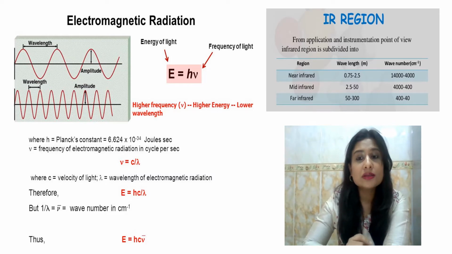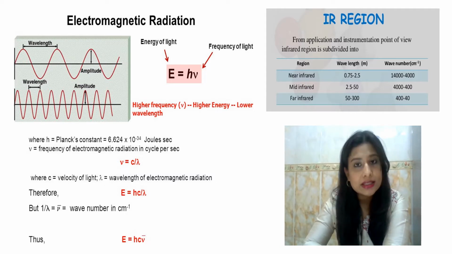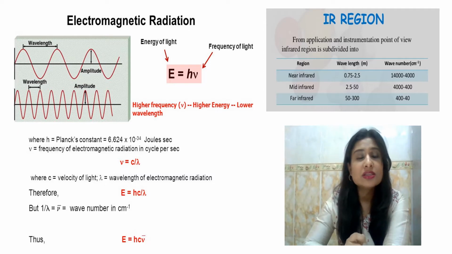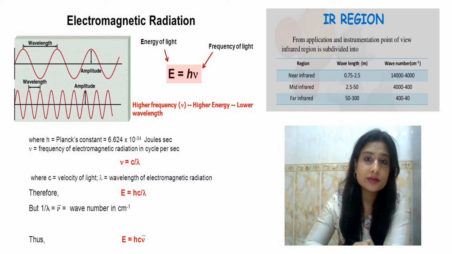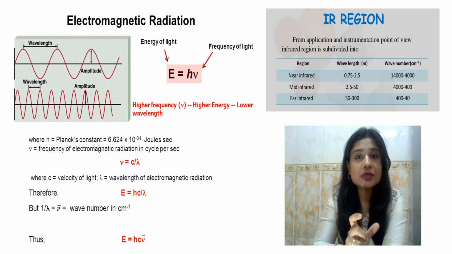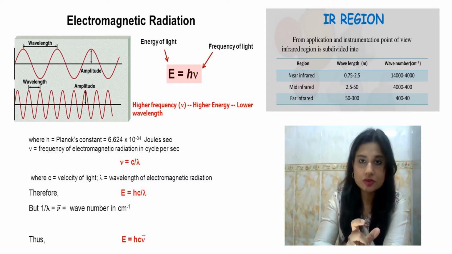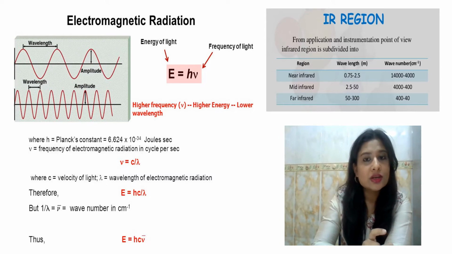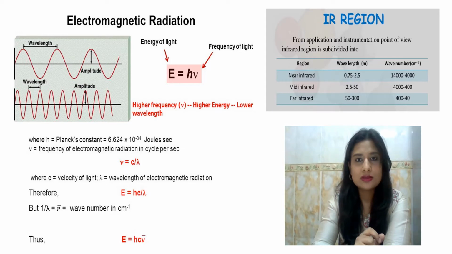And when we convert the range of wavelength into wave number, we have 1 upon 2.5 to 1 upon 5 micrometers. Converting this into centimeters, we just have to multiply it by 10^8 and it becomes 400 to 4000 per centimeter. So the range of wave numbers included in IR spectroscopy is 400 to 4000 per centimeter. Okay.